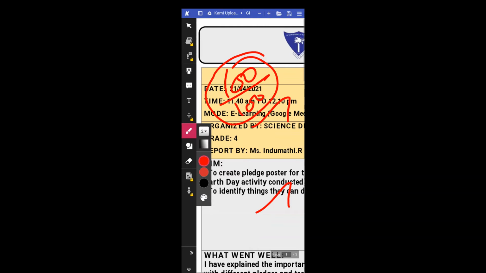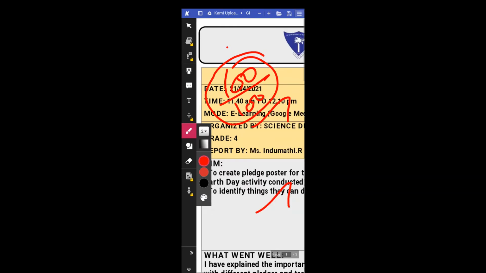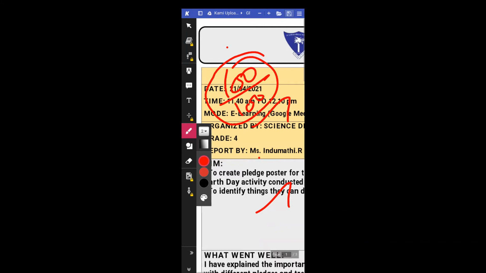So the correction is automatically saved. You can click the save button, and you can check. It is actually checked in, that is auto save. So whatever corrections we are making here, that will appear in your system also. From system, you can directly share the file and send it to the student. Like that we can do. Or you have to upload and send it to the student after the evaluation. Like that we can do.